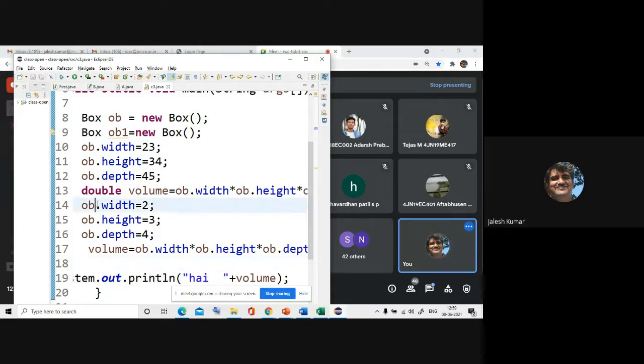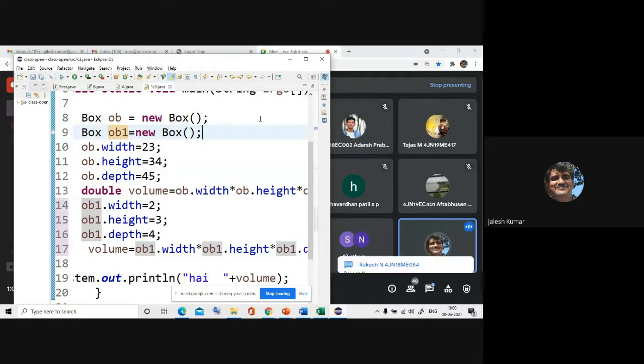Now I'll make object 1 because I wanted to change this one. ob1, ob2, new value, ob1, is it not? The new value will be multiplied. And this value is printing for the second object, this object. So any number of objects you can create. It is limited by the memory.